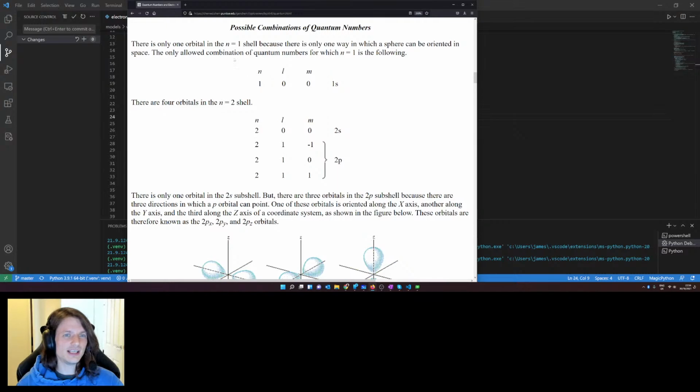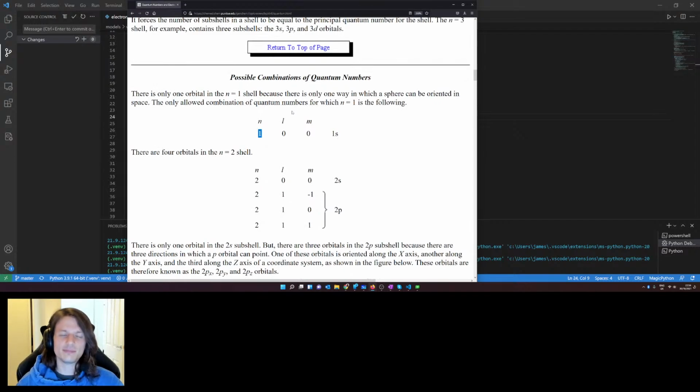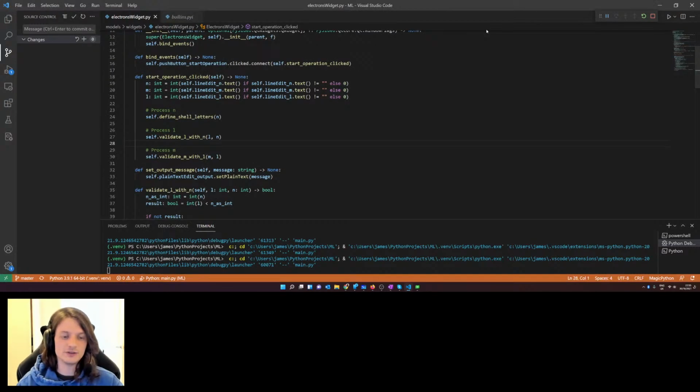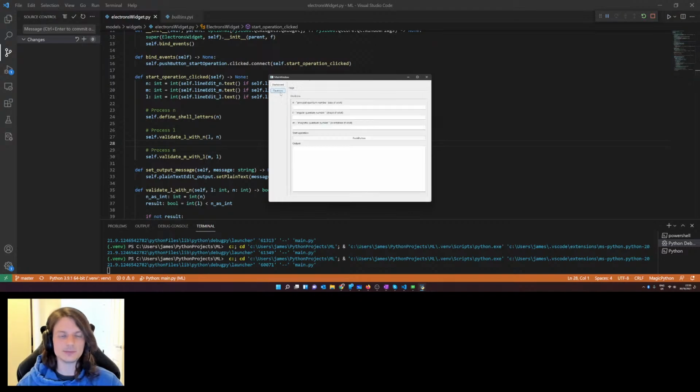In this case, it's saying that if n was defined as 1, then L must be 0, because L must be between 0 and n minus 1. And then m must be any number between the absolute value of L and the negated absolute value of L. So this makes sense, right? So as I put in, let me just rerun my program. A little bit pissed, by the way. If I were to put in the value 2, then